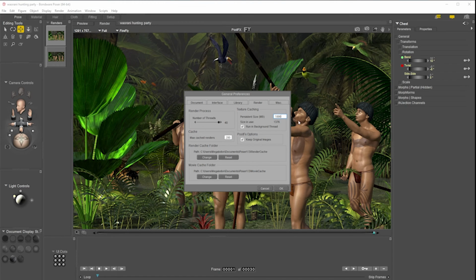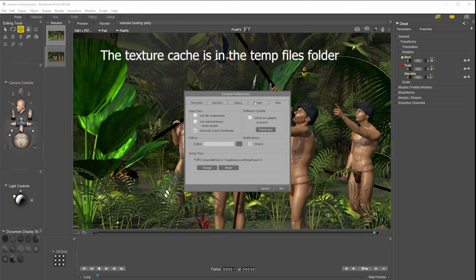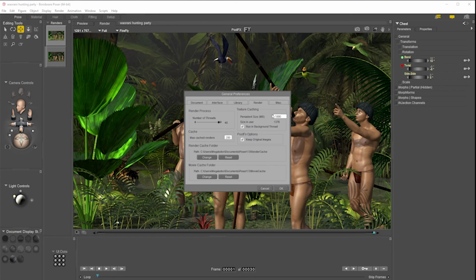So if I close the program now and then reload it, those textures will still be stored in the cache on a hard drive, and the location is... where's the texture cache? I can't remember where the texture cache is actually. Possibly down here in the temp files, but wherever the texture cache is, you ideally want that to be a faster drive, so an NVMe drive or an SSD rather than a physical hard drive,